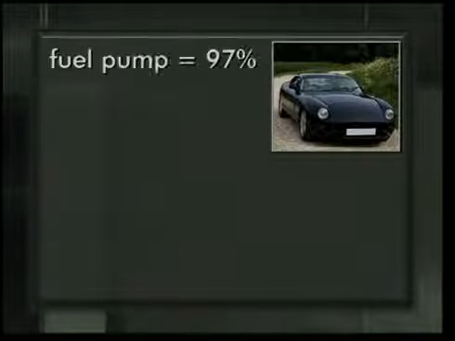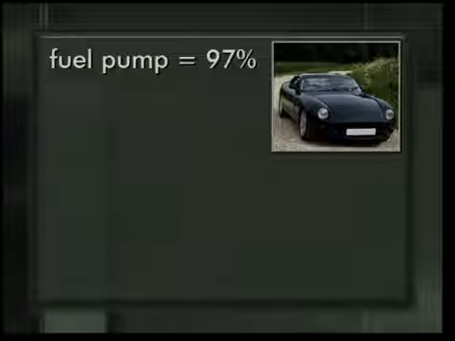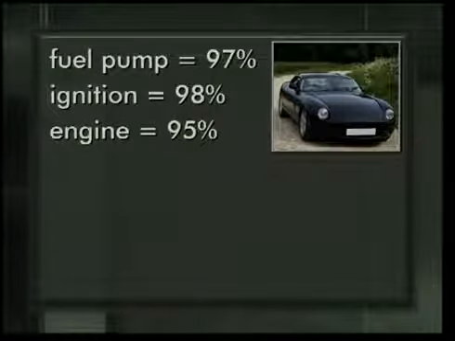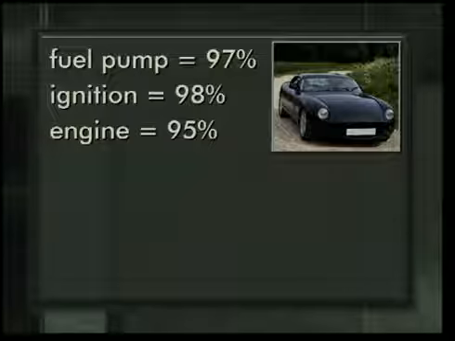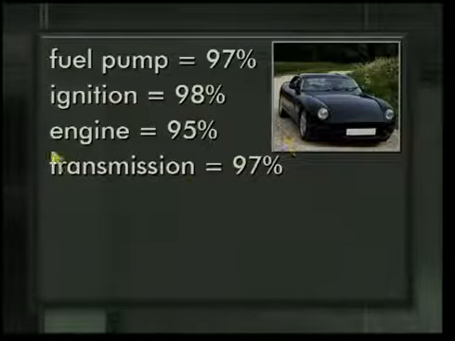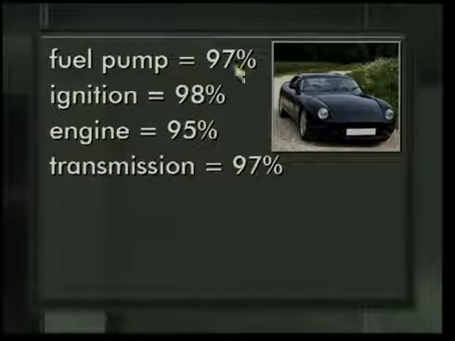So, for example, if I have this car, okay, and this car has a 97% reliability of its fuel pump over, say, 50,000 miles, okay? The ignition, 98% reliability. The engine, 95% reliability. The transmission, 97% reliability. Well, if I want to know what's the reliability, let's say that's all that could break down in a car, it isn't,